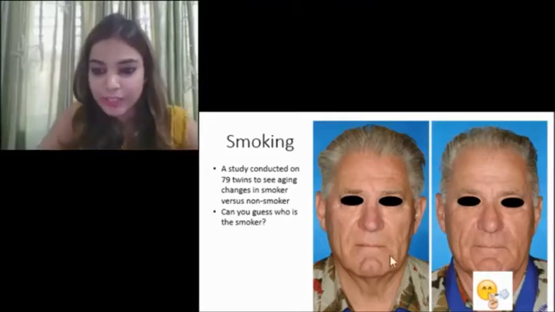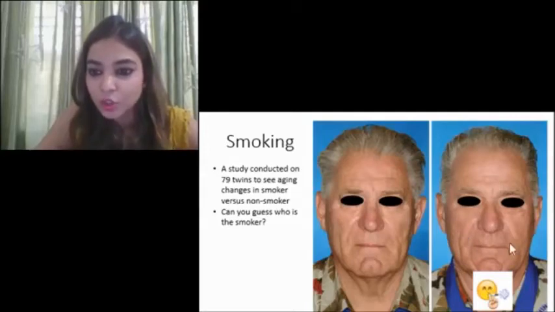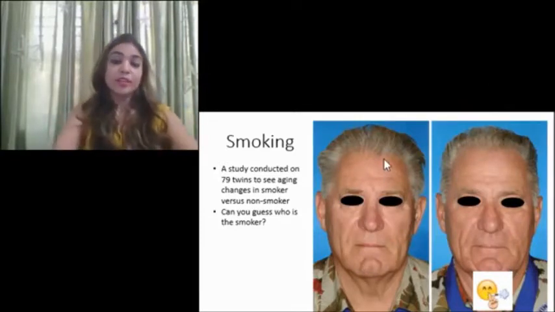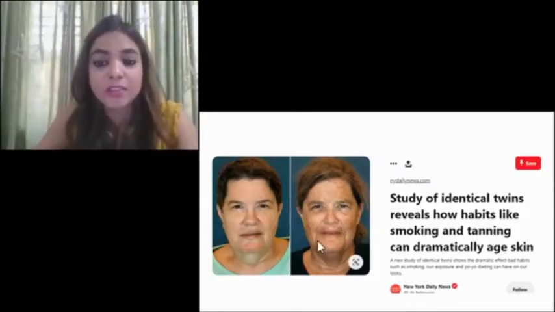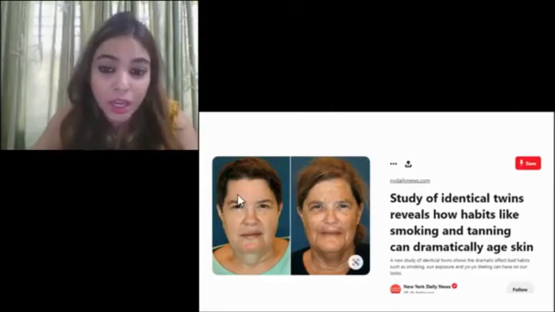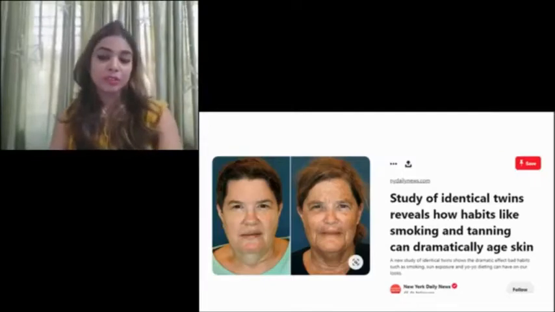If you look at the face closely, you can see how much the forehead wrinkles have increased, how much the nasolabial fold and the wrinkles around the mouth have increased. Look at the difference in the chin. Look at the difference in the hair growth. All these things point towards aging because of smoking. Similarly, in this picture also, both the ladies are identical twins, same age. But look at the picture on the right-hand side. She has so many marks on her face, so many hyperpigmented marks. Look at her hair, it is so dry and rough, whereas the other sister has better hair, right? All these changes are due to smoking, and can be prevented.